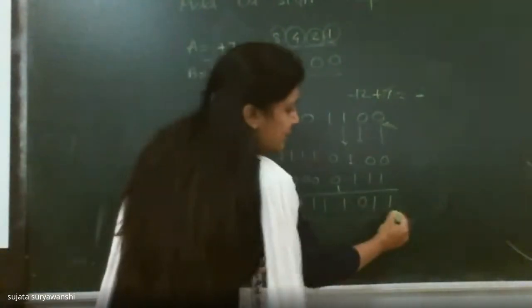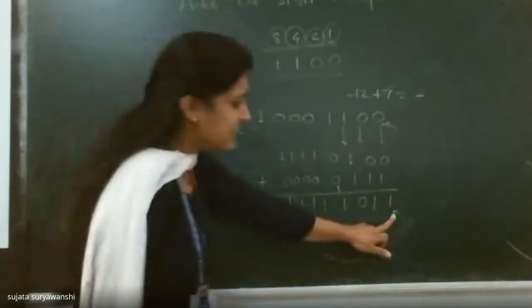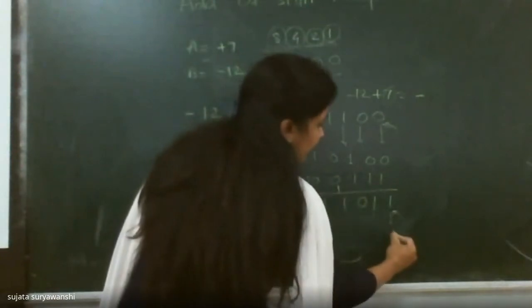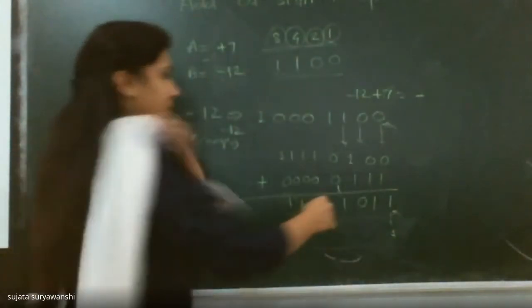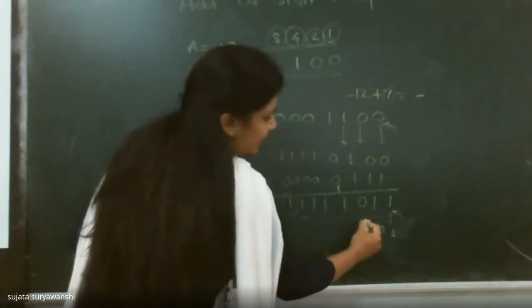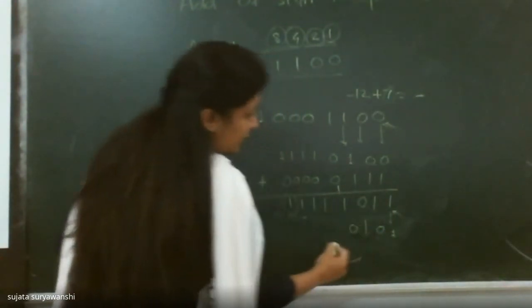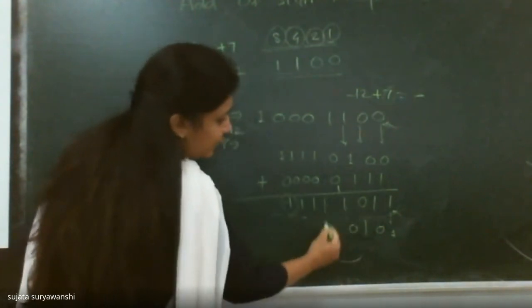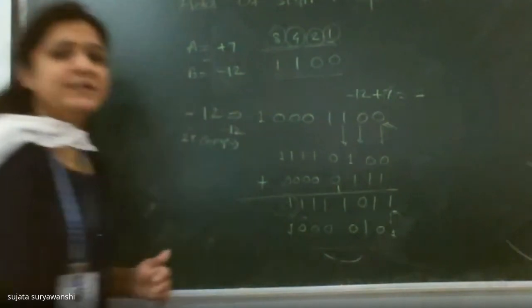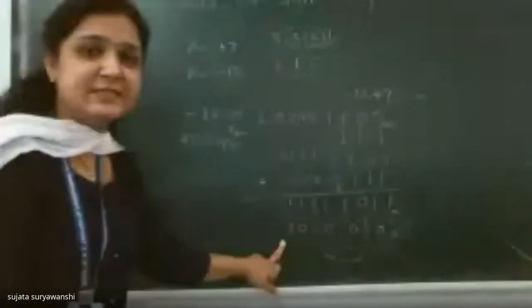Okay, so again use the 2's complement procedure to get your final result. Start with the LSB bit of your result. It itself is equal to 1, so write down the first one as it is. And what about the remaining bits? Remaining bits should be altered. So 1, 0, 0, then 1, 0, 0, 0. And don't alter the sign bit; put it as it is. So this is your final answer.